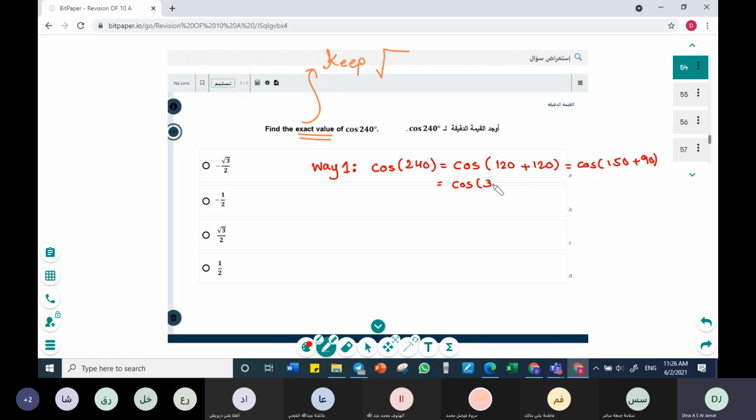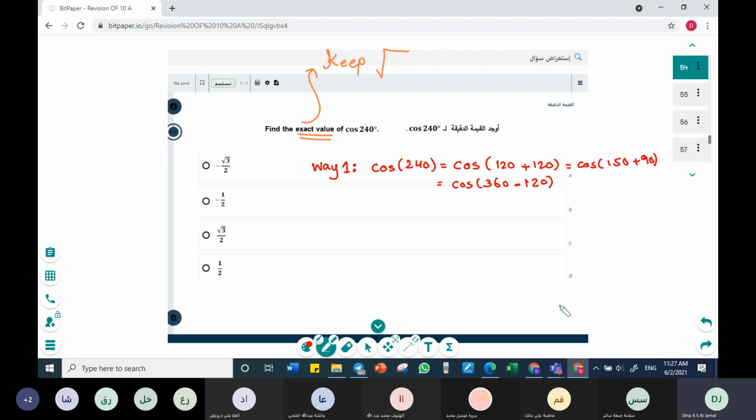What about the 360? 360 minus what will give you 240? Minus 120. Excellent. Minus 90 will give you 270, so minus 120. So you have so many choices